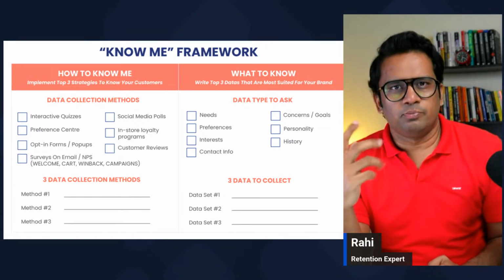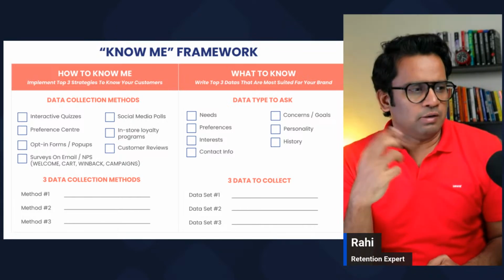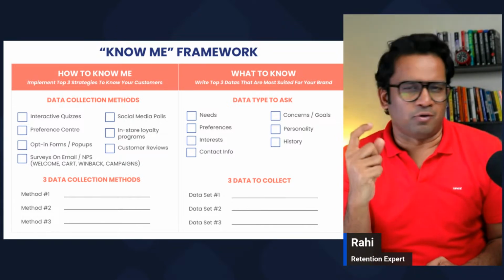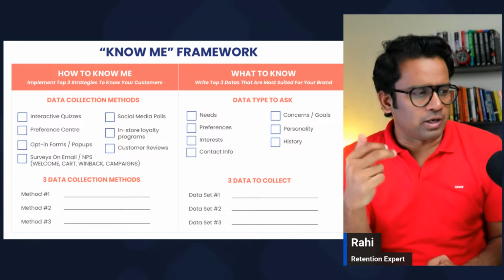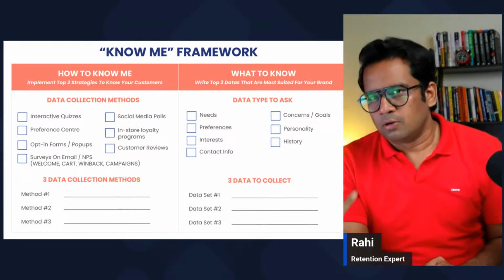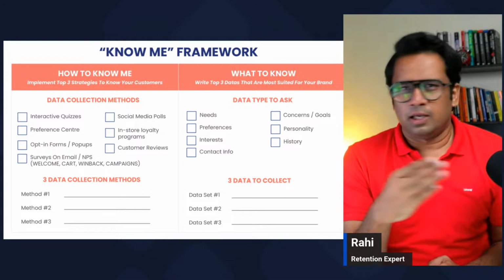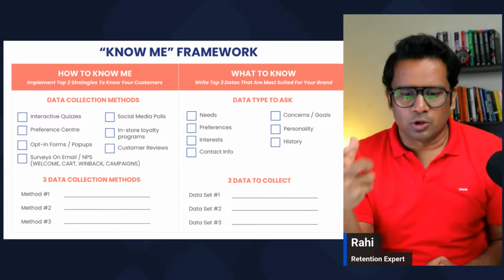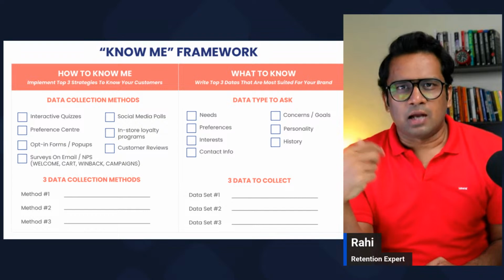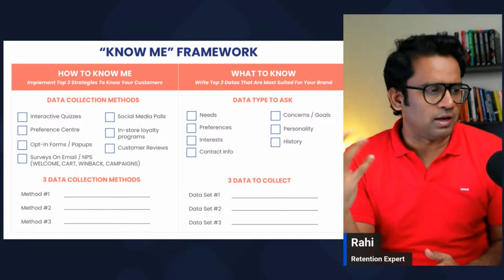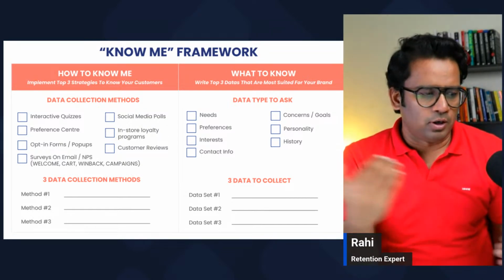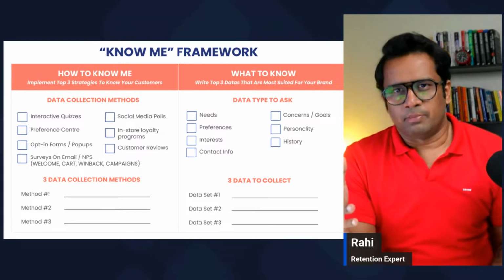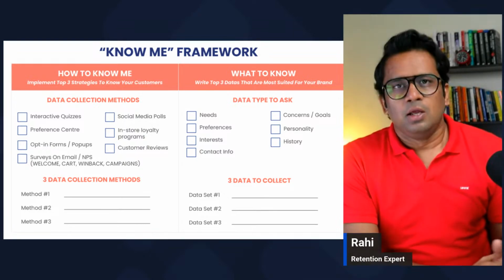Then there is preference. Preference is mostly around what kind of size I have, or what color of skin, or what kind of dye, wet, or long hair, short hair, or what kind of extensions, or what kind of look. So preferences are basically how I want to buy, or if I have petrol or those kinds of bifurcations, they are in this preferences section.